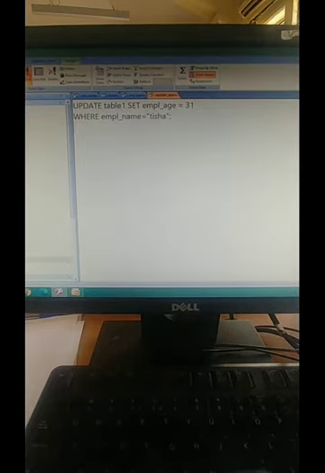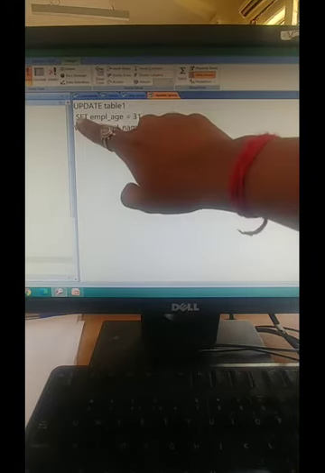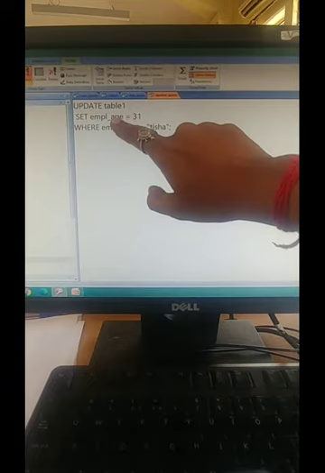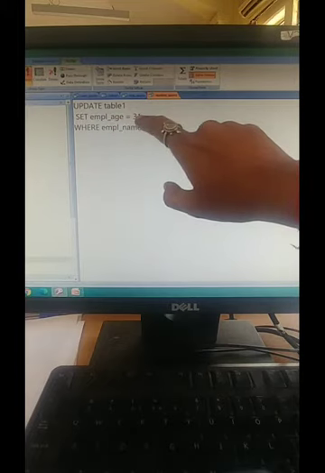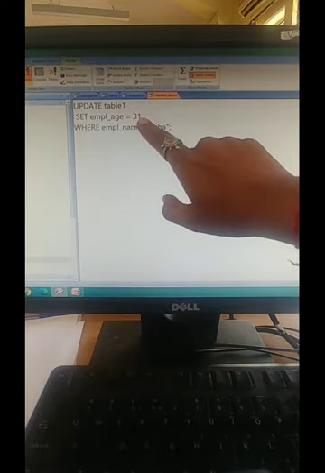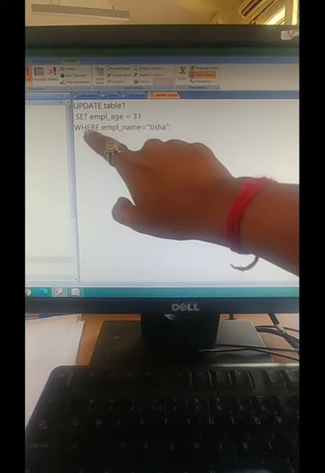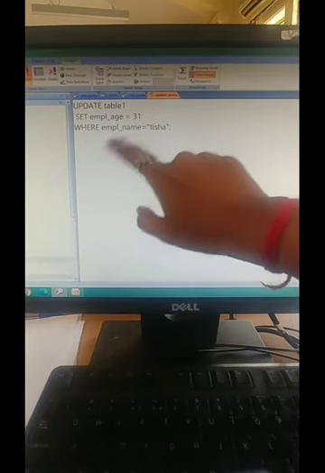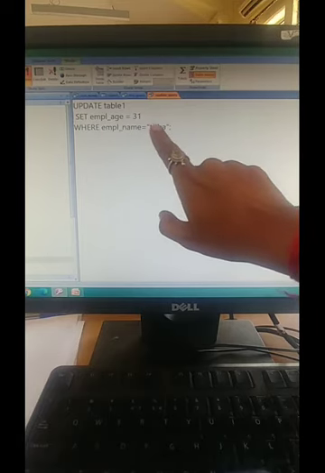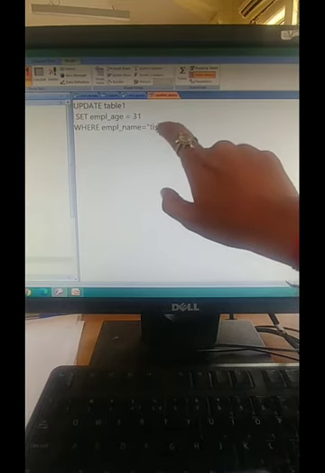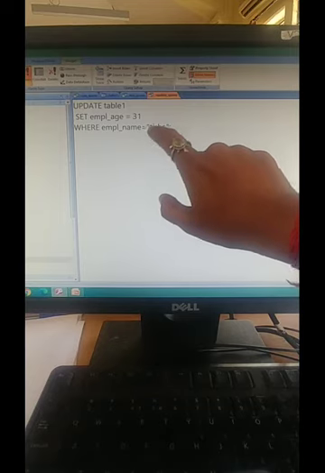Then set employee age equals to 31. I want employee age to be 31. Where, after WHERE you are always adding the condition. So the condition is what? Employee name should be Tisha.